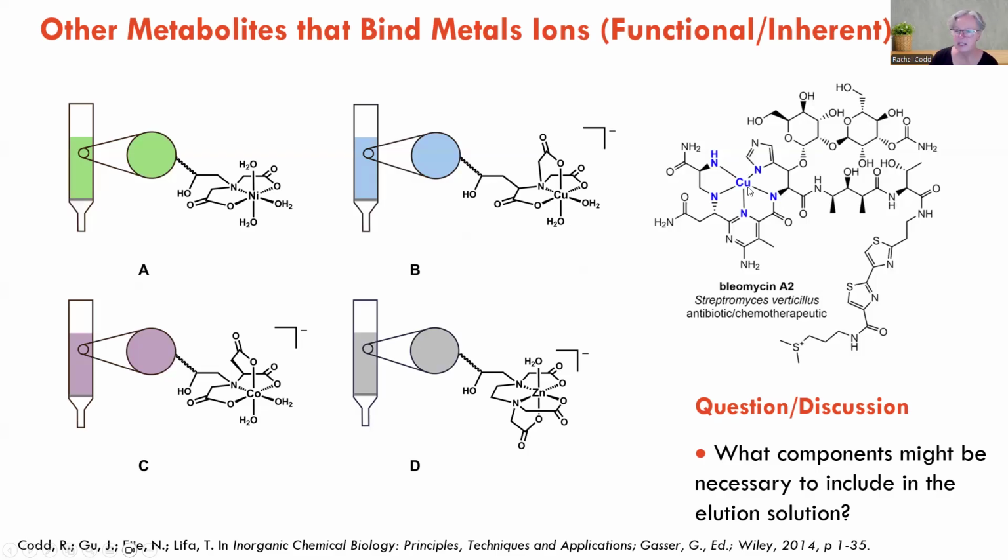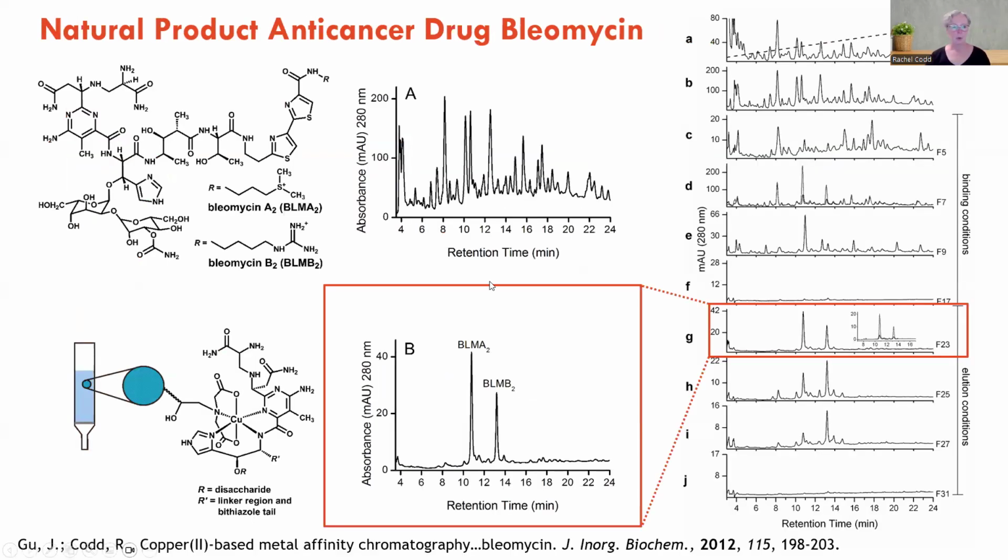And so understanding this, we thought that we could potentially use copper-based IMAC to purify bleomycin from cultures of Streptomyces verticillus, and that could potentially be useful in terms of improving or streamlining pharmaceutics production. So similar to the experiment that I showed you with the desferrioxamine B, this is really a quite extraordinary purification profile of bleomycin. So we obtained some Streptomyces verticillus and cultured it, and showed that it was in fact producing bleomycin, and using very, very similar